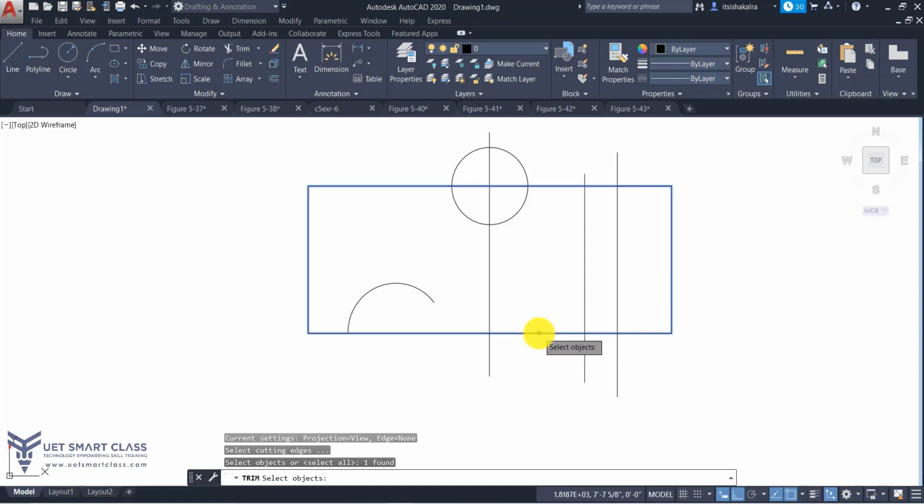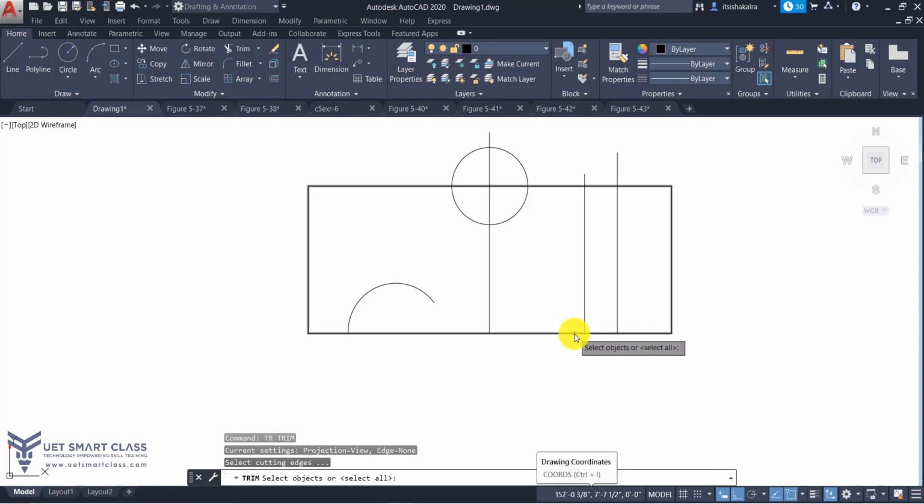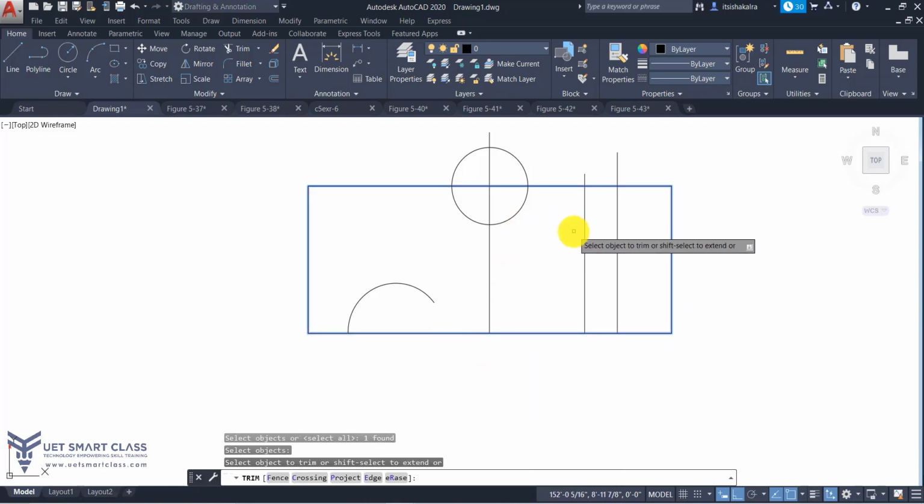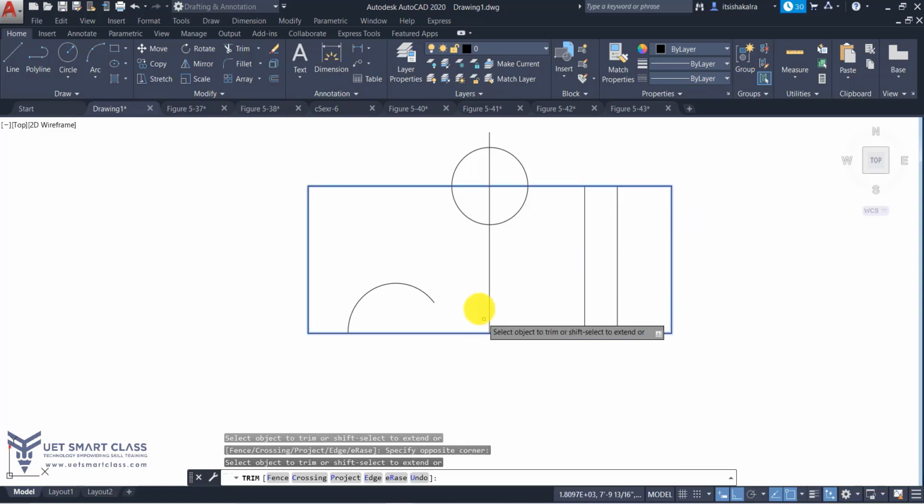Now, the other thing, if I select this as trim fence. Now how to select this? I'll just start my fence line and all this will be cleared. Crossing method or fence method, you can use any of these. In the trim method, you do not come out of the trim when you have trimmed something. Like I had trimmed the lines, the command is not coming out. I can trim more, unless and until I press enter again. So fence is clear, crossing is clear.